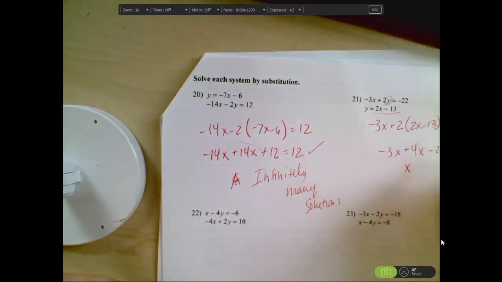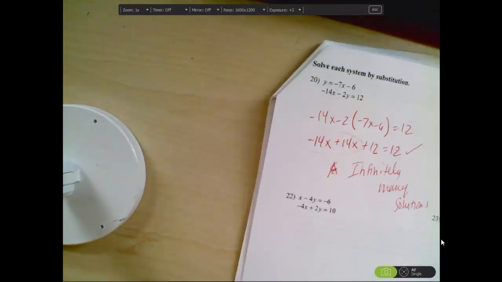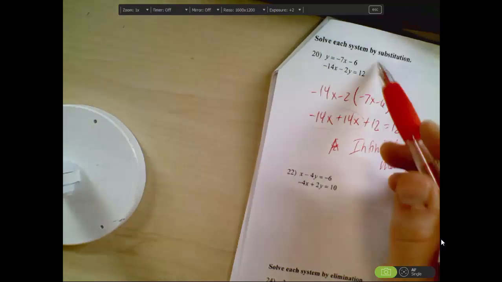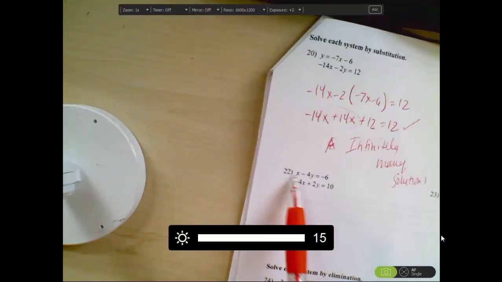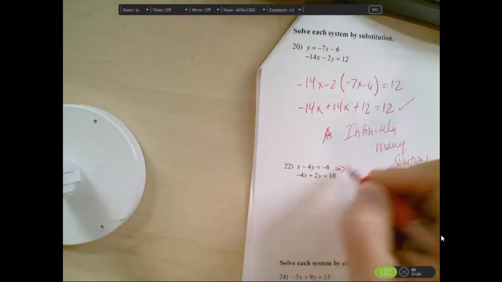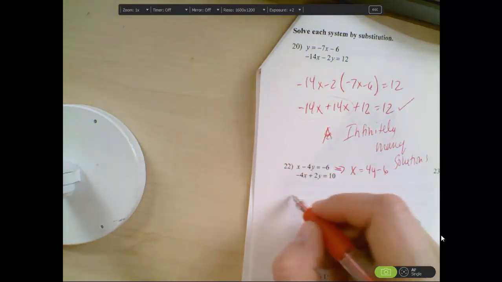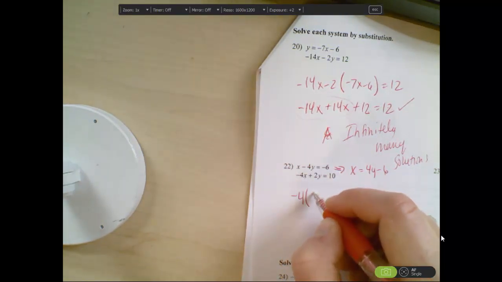-3x plus 4x is 1x. Add 26, so x equals 4. Now here, it says you have to solve by substitution, but nothing is solved for a variable. This was the rule where we said solve for the one with a 1 in front of it. So if I solve this equation for x, I get x equals 4y minus 6. So we're going to take out that x